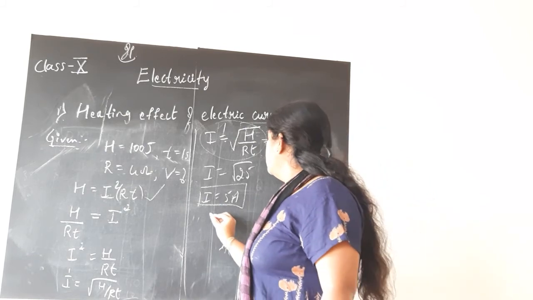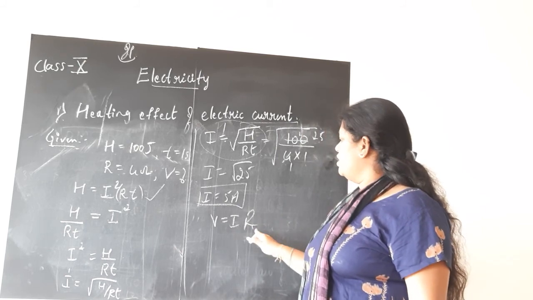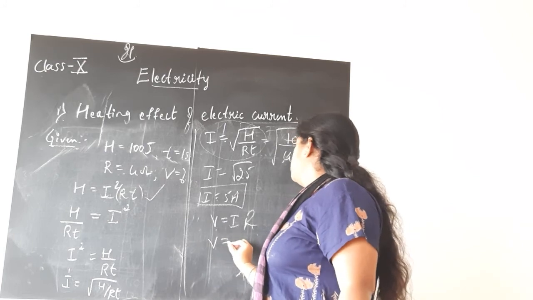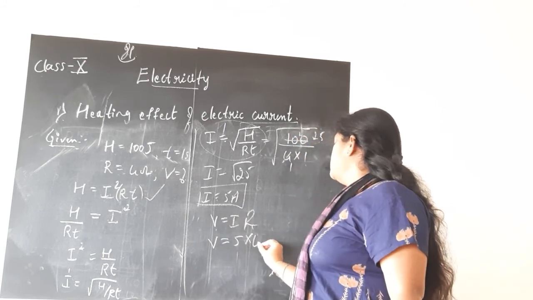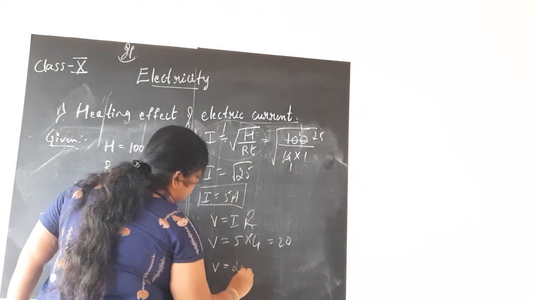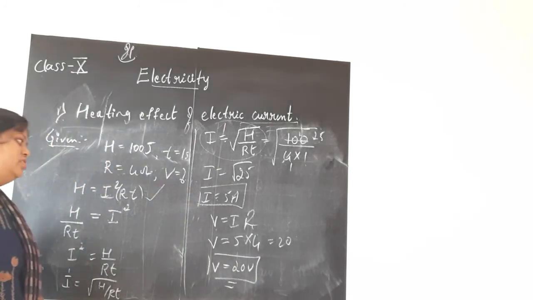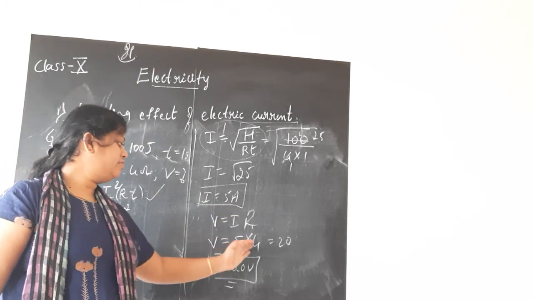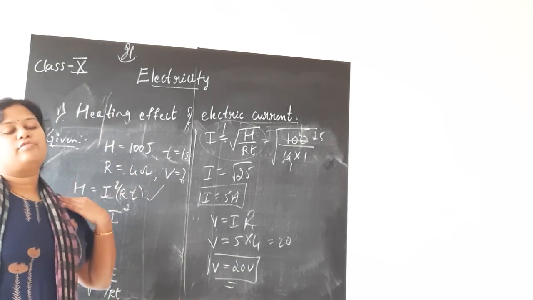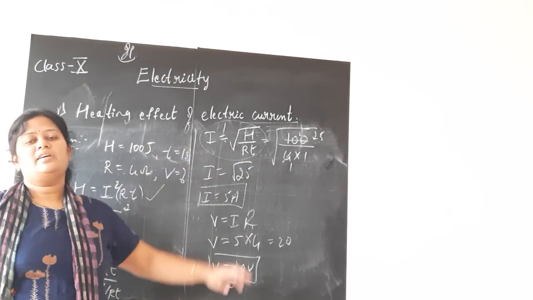So again, same Ohm's law we will make use of. In order to find out V, we know current I, we know resistance R. So simply substitute. I is 5, resistance is 4, so 5 4s are 20, means V is equal to 20 volts. That's all, children. So making use of Ohm's law, V is I into R, 5 4s are 20. Hence we have found out the potential difference across the resistor, 4 ohms. Here you need to keep in mind the formula of Joule's law of heating as well as the current I.